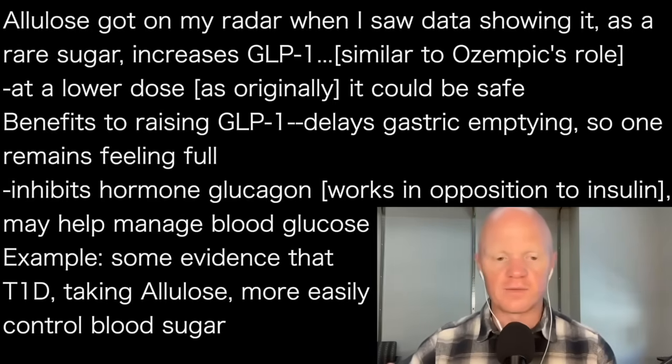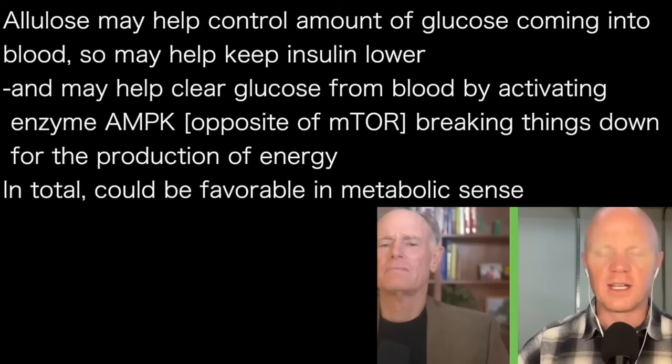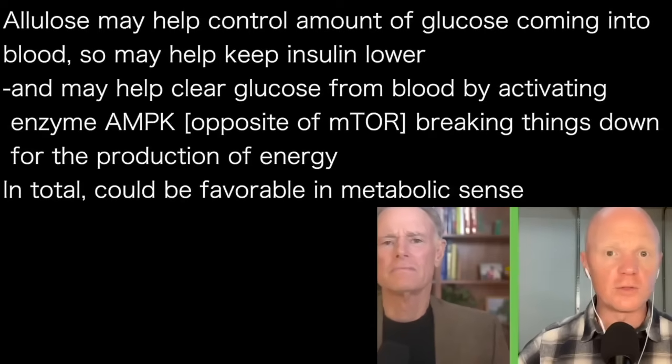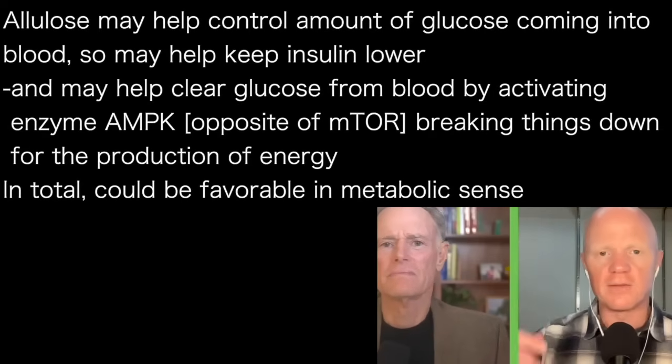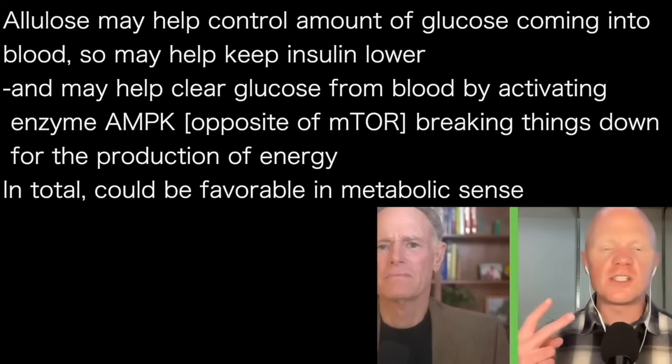And this, I suspect, is one of the main reasons why we see the evidence, a lot of it anecdotal at the moment, of people with type 1 diabetes who take an allulose product like RX sugar having a significantly easier time controlling their blood glucose levels, even after they eat something that is starchy or sugary. And it's probably due to the inhibition of glucagon, which is chronically elevated in states of diabetes, type 1 or type 2.